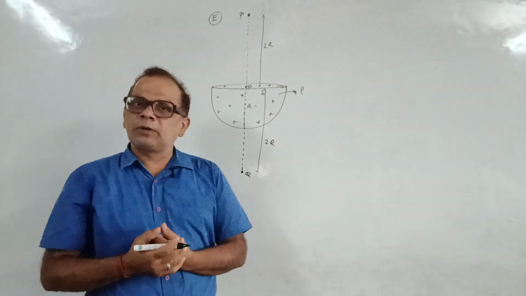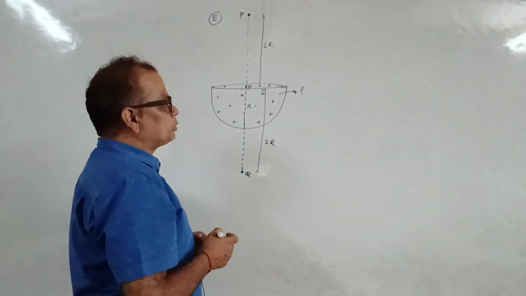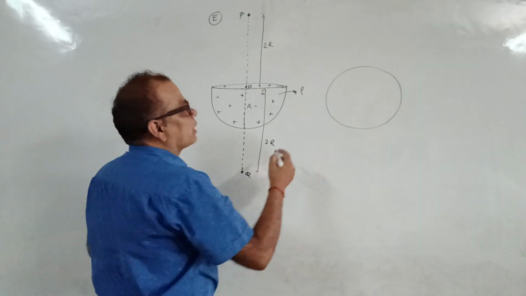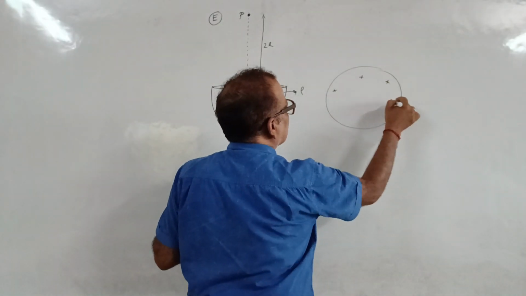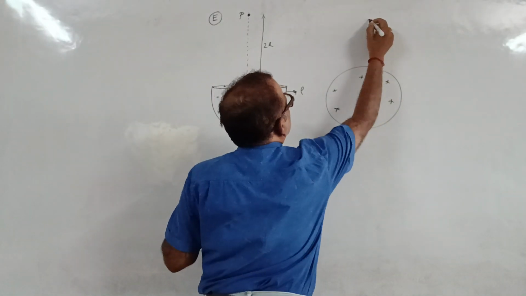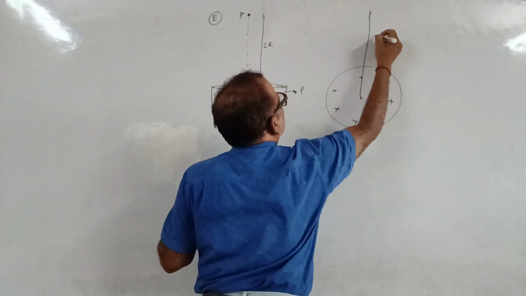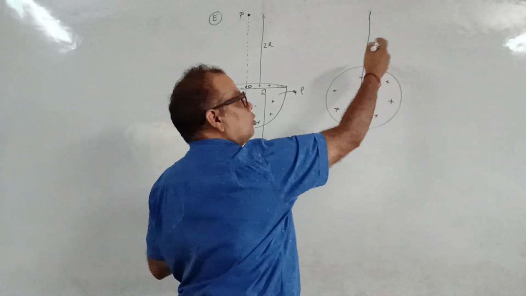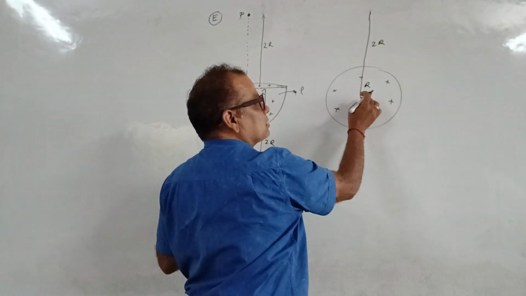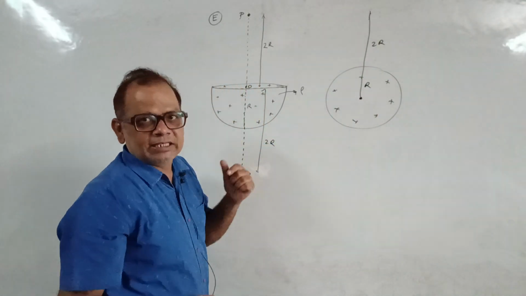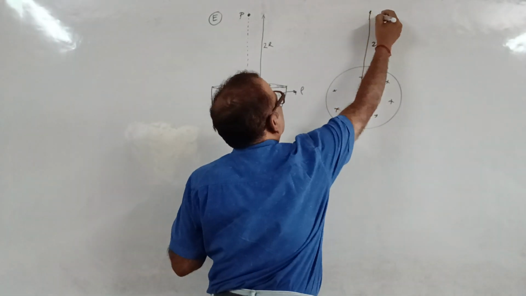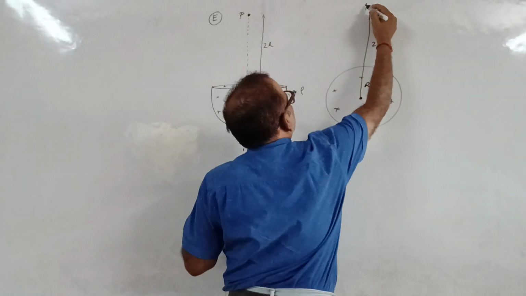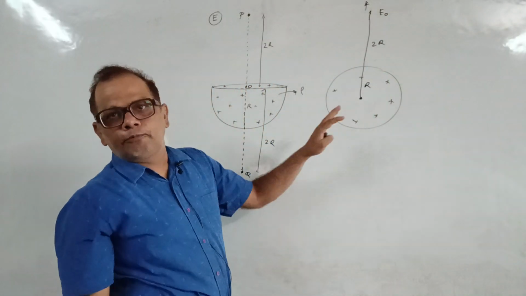By using the principle of superposition. And what is the principle of superposition? We first of all take a complete sphere, and we find the electric field at distance 2r from the center by taking a Gaussian surface and considering the whole charge of radius r inside at the center as a point charge. We can find the electric field at this point, and this entire electric field is, suppose, E naught, and it will be upwards because this is taken whole as a positive charge.